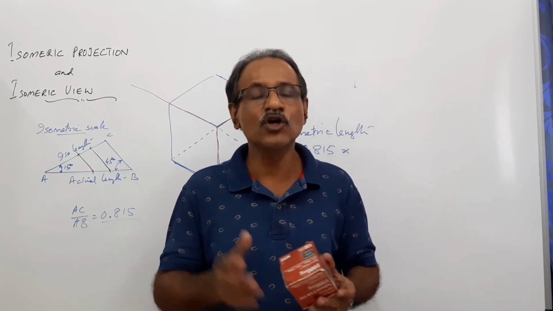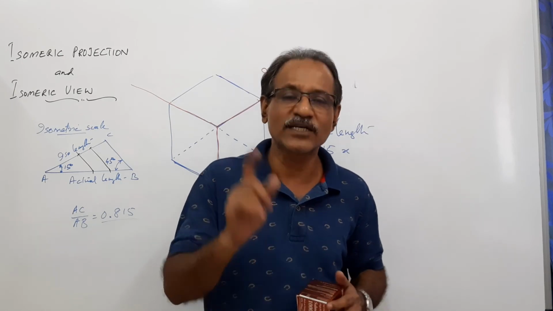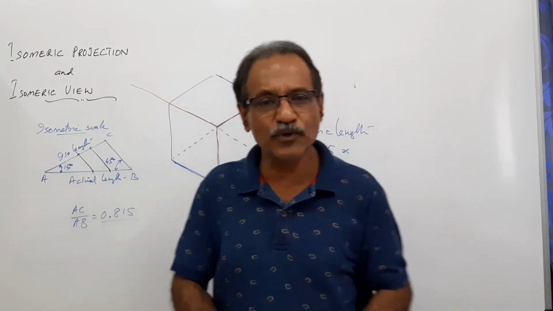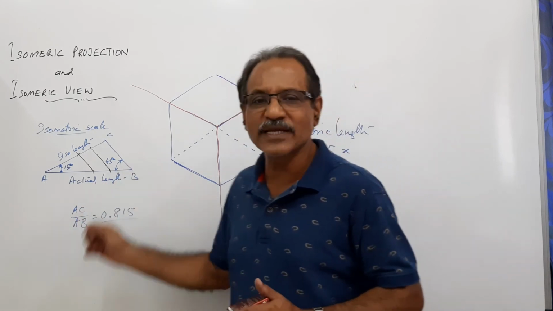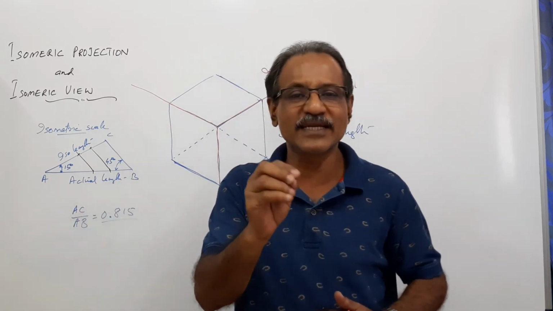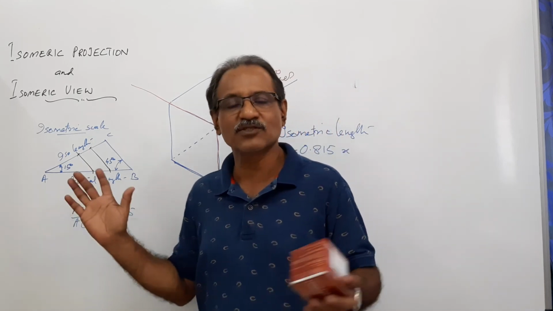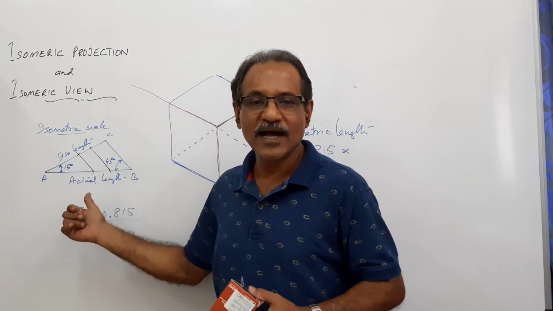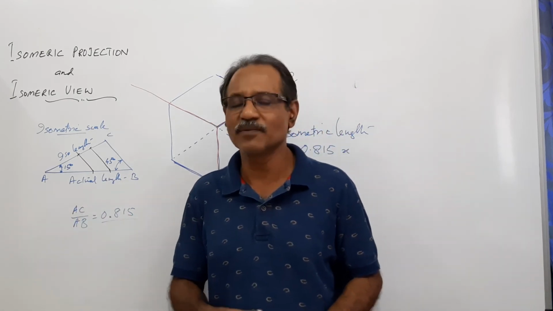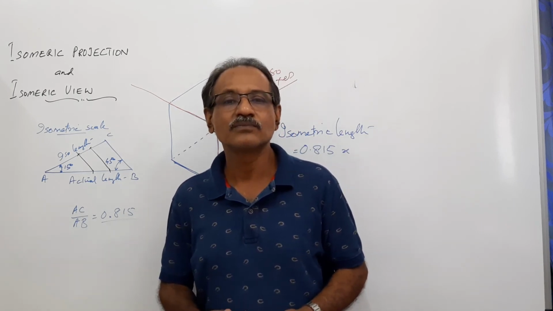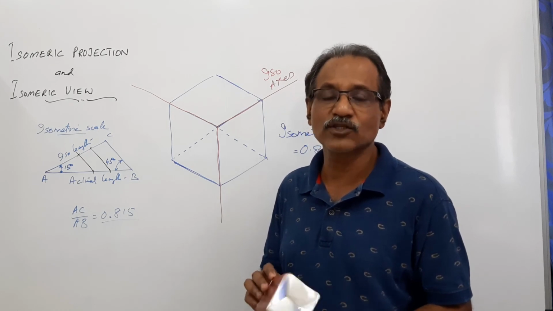I hope you understand. So when you read the question, you have to carefully note whether you are asked to draw isoview or isoprojection. If it is isoprojection, you have to compulsorily draw this isometric scale because this will carry about 15% of the marks. Usually, if it's a 10 mark question, 1.5 marks will be allotted for drawing the isometric scale. If you draw the isoscale and then leave the question, you will minimum get 1.5 marks, 15%. Agreed? So you have to be careful when you read the question, check whether it is isoview or isoprojection.